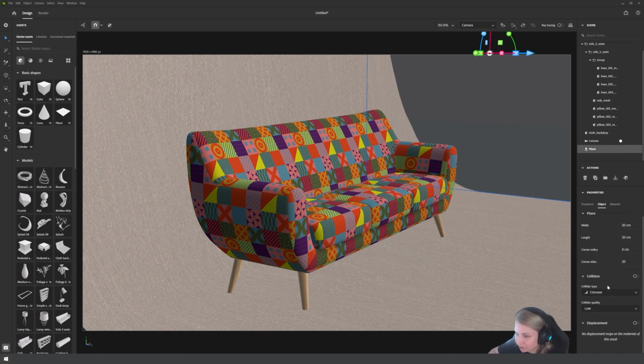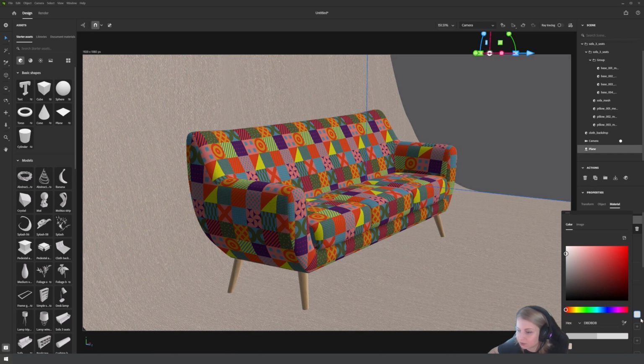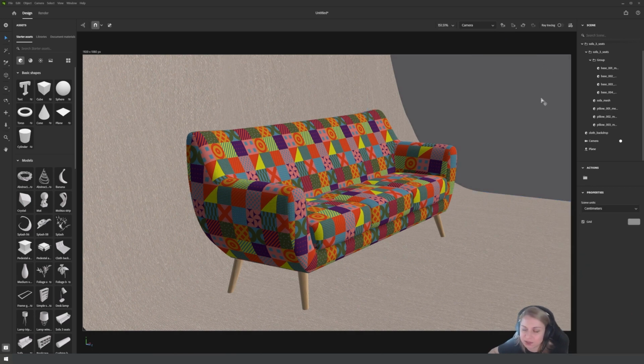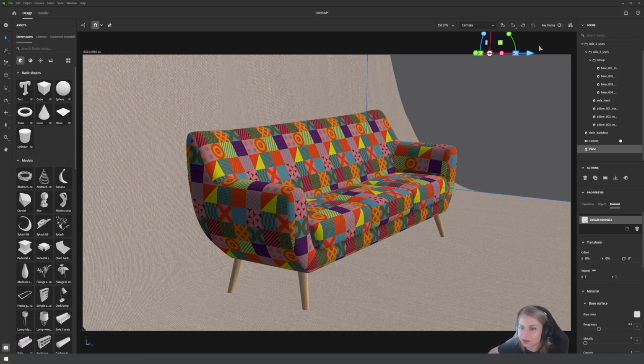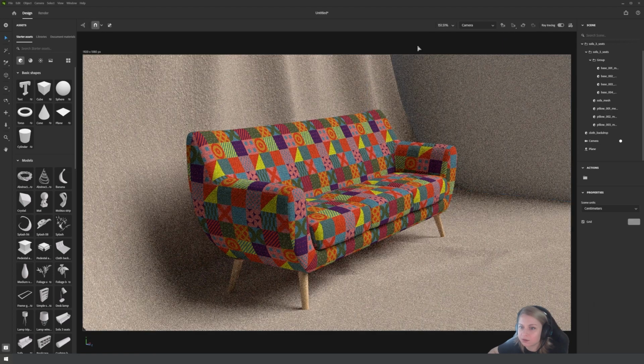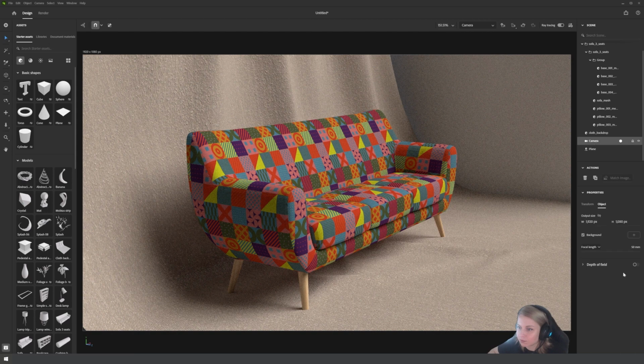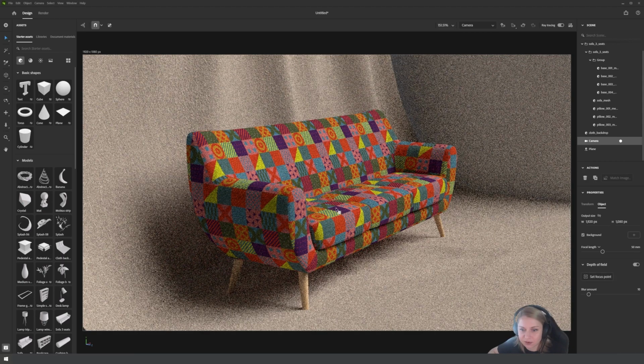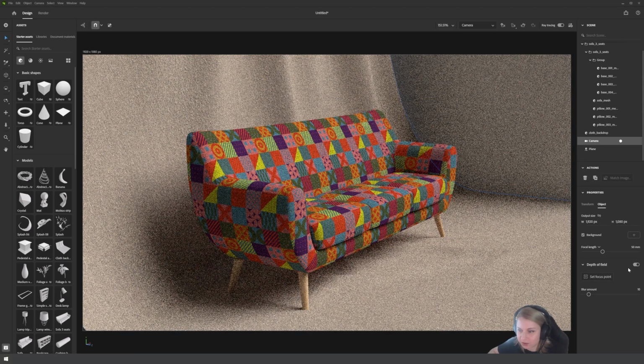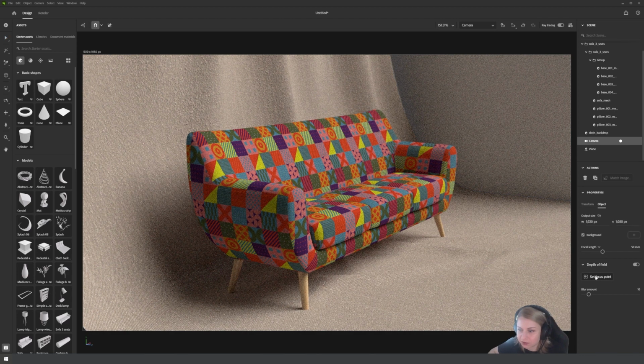Let's say I want to use some kind of white color for this one. Something like, I don't even know if I want to add any surface to this, to be honest, because what I want to do is to use the camera. I use the depth of field, which is something really cool. You can just set a focus point. Let's make like this part, for example, in the focus. No.